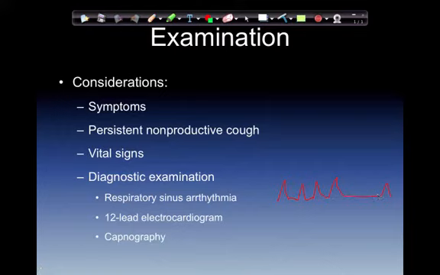12-lead EKG, we might see things like cor pulmonale, which is a P wave that is greater than 2.5 millimeters. I would say right atrial enlargement, which if the right ventricle is getting beat up, I'll assure you the right atria is as well. And then capnography, if they're having a bronchospasm, instead of a nice plateau, this is a